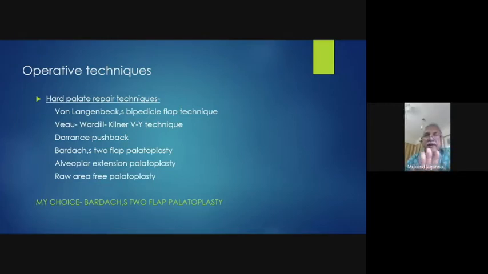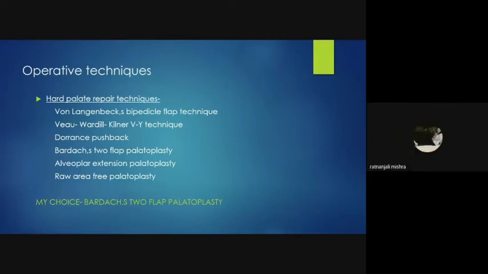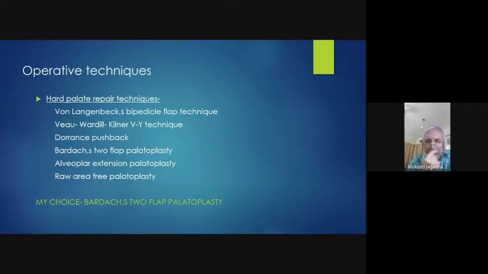But you don't leave anything attached to the raw surface of the vomer. If you're doing it in a unit, I don't have anything to say, but it's a maneuver that has no relevance. Number 1. Number 2 is you're going to fall short of tissue. If you leave a chunk of tissue on the vomer, you're going to fall short, and you need to make sure that you close the nasal mucosa adequately without too much tension. So if you think the vomer is big enough to provide a flap for both sides plus leaving a strip of tissue in the midline, go ahead, by all means. It can't do any harm. But in many cases, you're going to find yourself short of tissue. Okay, so you have taken vomerine flaps bilaterally and you have sutured them to the nasal mucosa.